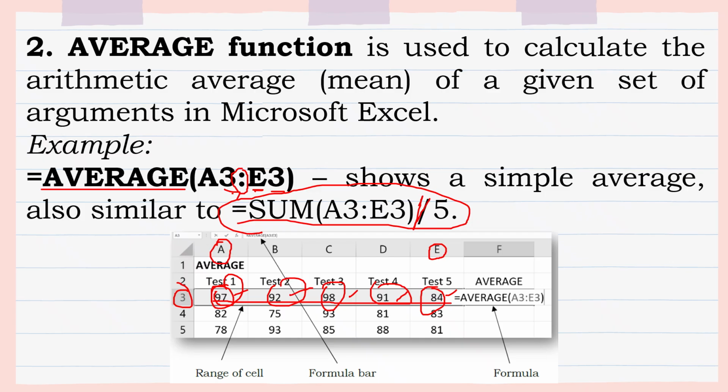Okay? But of course, if you want to use the function name average, that would be great. Kasi mas madali na, 'di ba? Pahirapan mo pa sarili mo. You can use this function name. Okay, let's proceed. Now, aside from these two, kasi I only included two functions in this PowerPoint, you take note of this function name also.